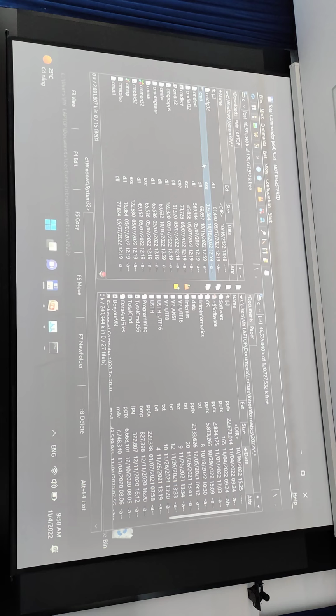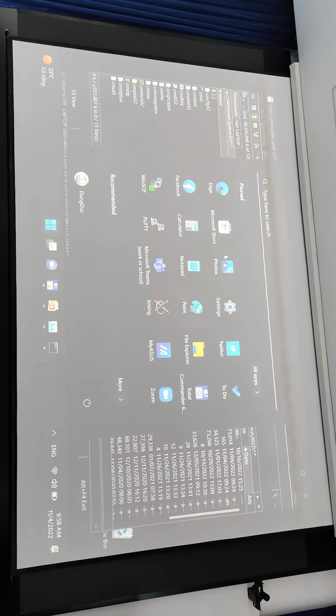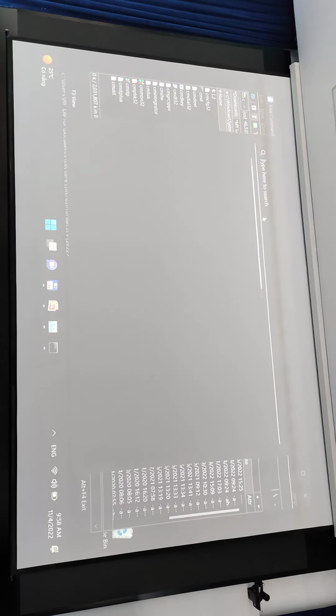But which tools do you have to do that? The view. Which one? On my computer the view is like this. I click it and choose the big icon. You can see.